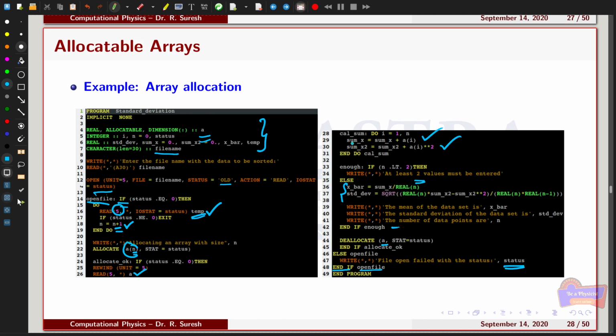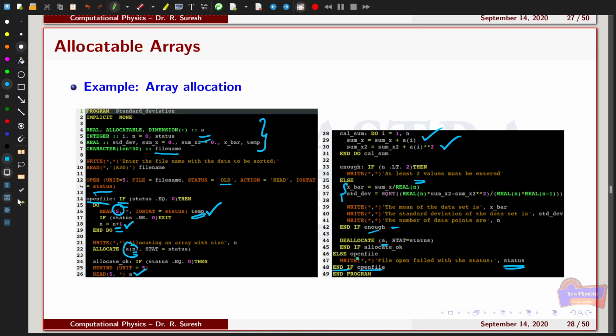Similarly, I have several do loops. This is the first do loop where I have used call underscore sum, which is actually closed here. So just by seeing the program itself, I can know where this do is included. Similarly, the if and else if statements you can also see here. I have used the n of, which is the if statement, and it is closed here.